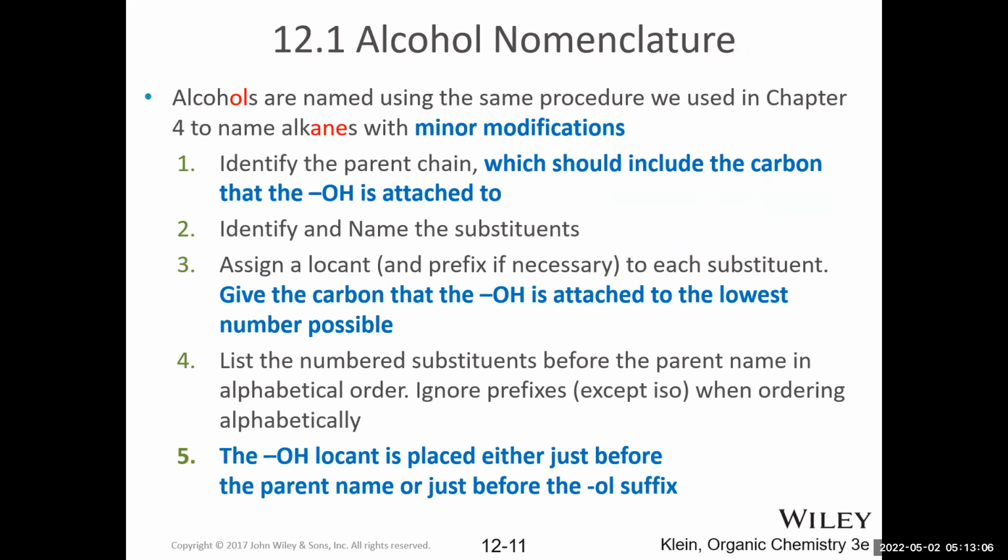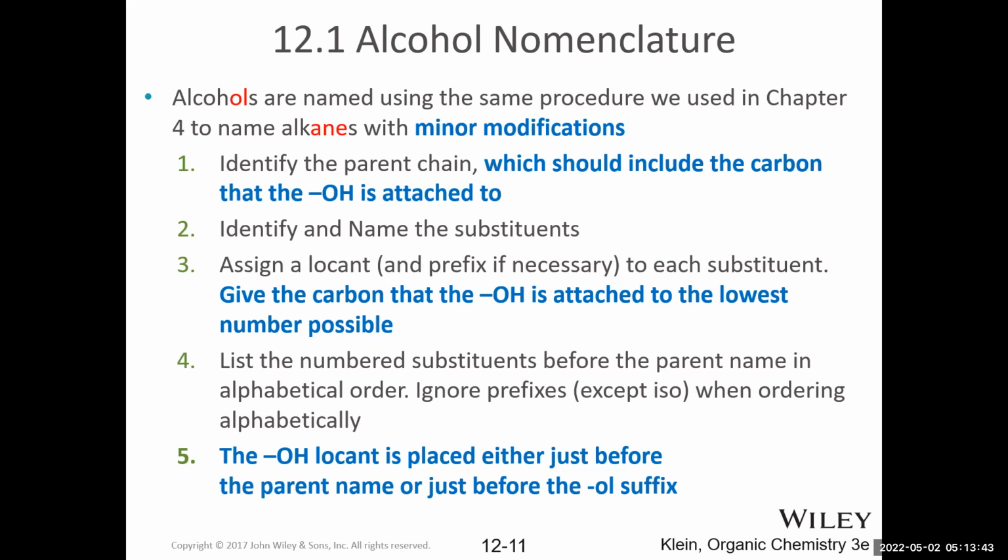Okay, so notice that we skipped chapters. We went into the chapter on alcohols. We're only going to be covering the nomenclature of alcohols. And the only reason for that is because alcohol nomenclature tends to pop up on the ACS exam that we're using as our final exam in this class. So even though most of the reactions of alcohols, or all of the reactions of alcohols, will be covered in the second semester of organic chemistry, we are going to just cover the nomenclature this semester.